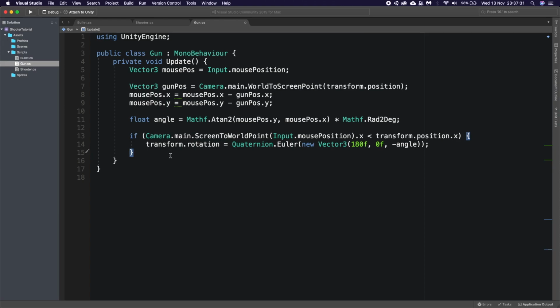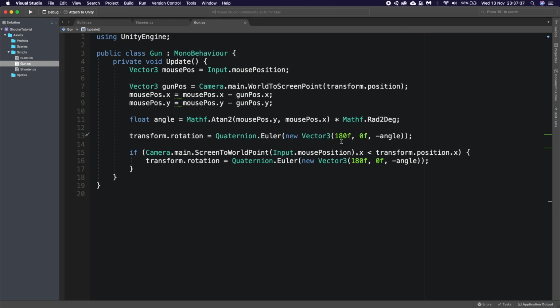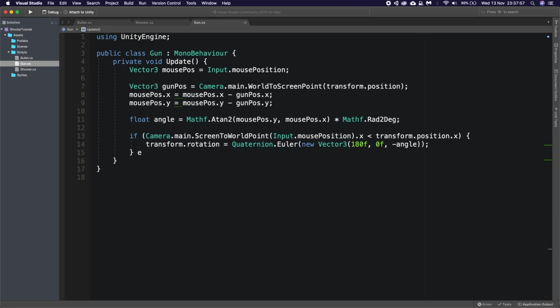Just for this one, then we actually want to do the same. We want to drag this out and put it over here. We just want to set it equal to angle and 0F. So we're setting it to this, but if we're facing the other way, we're going to reset it to this, which hopefully shouldn't give any bugs. Actually, I might put it in an else. It seems cleaner, and it means there could be no bugs.